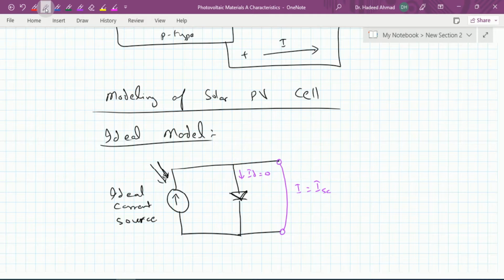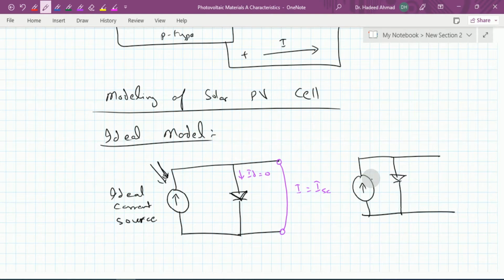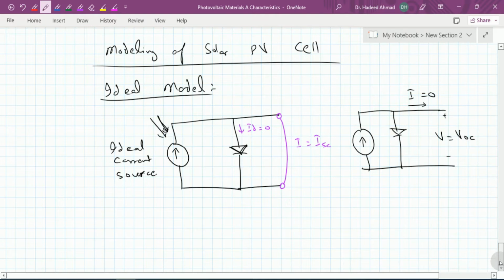The other important thing which is of our interest is the condition when the output terminals are left open. If we leave this open, then the voltage that is produced here, we call it VOC, because it represents an open circuit condition. In an open circuit condition, we have no current flowing at the output, so I is equal to 0. So based on these two important parameters, which are the open circuit voltage and the short circuit current,